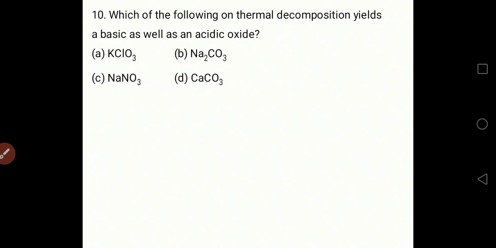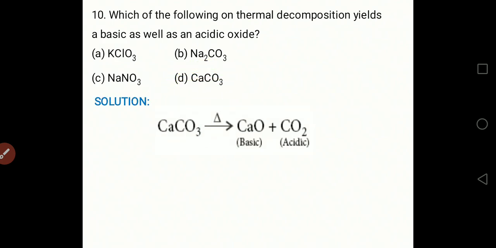10th one: which of the following thermal decompositions yields a basic as well as an acidic oxide? Remember, CaCO3, if you see, CaO and CO2 are going to form. CaO is basic, CO2 is acidic. So the answer is D. 11th